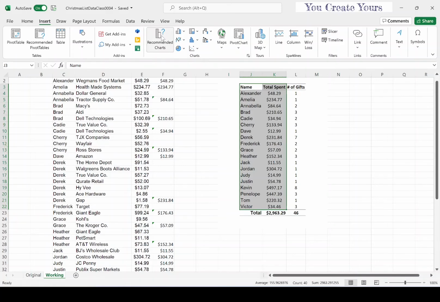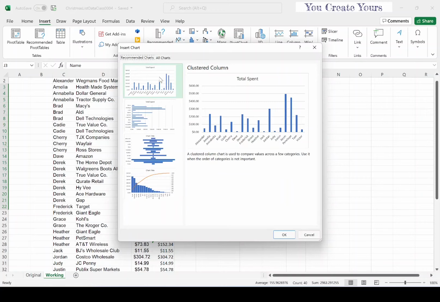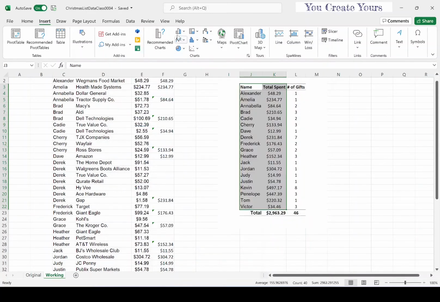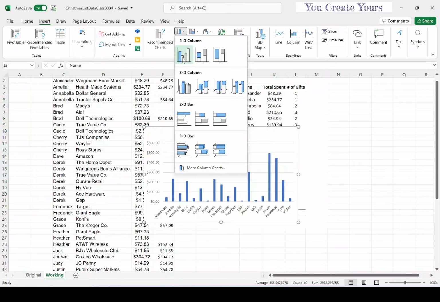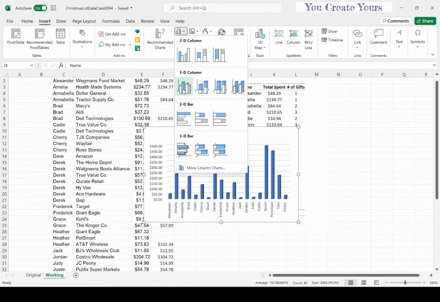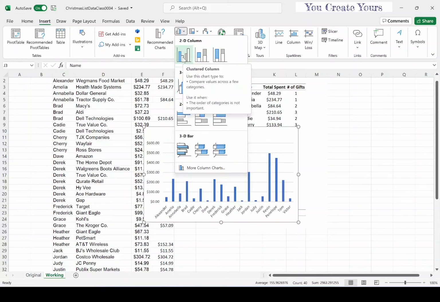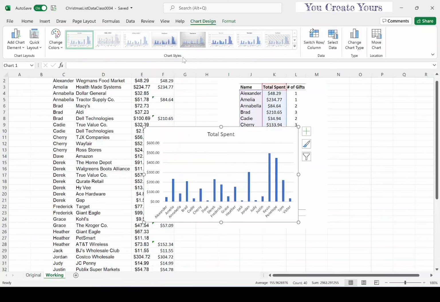One thing you can click on is Recommended Charts. It takes a look at your data, and based on the types of information you have there, it gives you some suggestions. We're not going to do that today because I know what I want to do is a bar chart. So I hover over here, insert column or bar chart. If you click this down arrow, it gives you examples. As you hover over them, they will show you what each would look like. We're going to select simply this clustered column. Click,